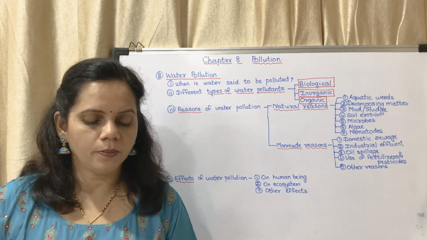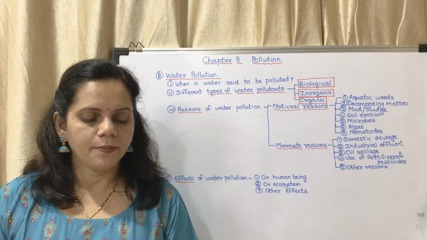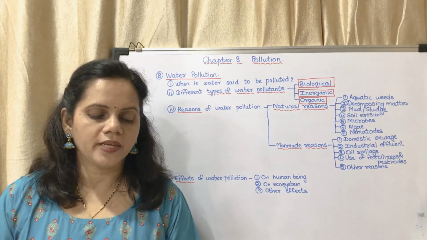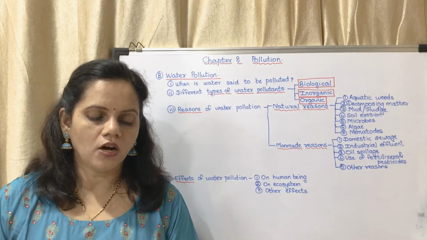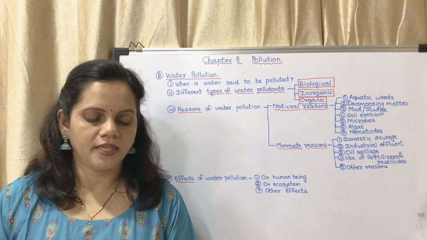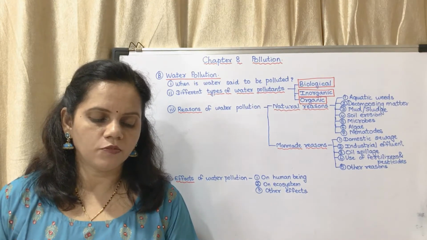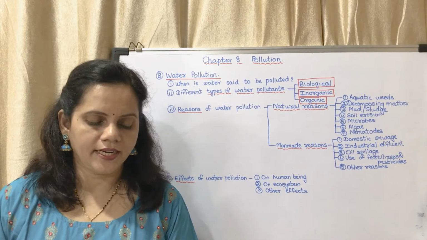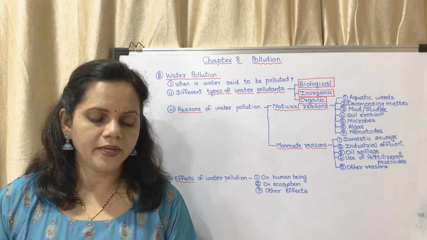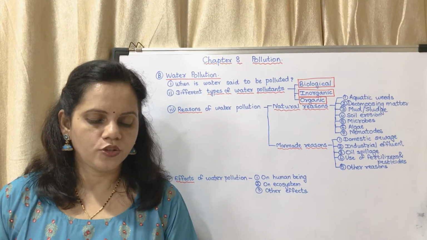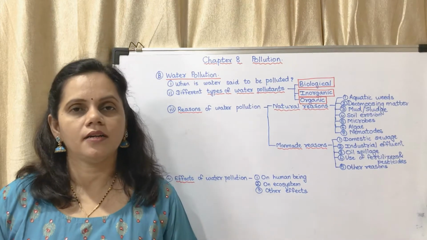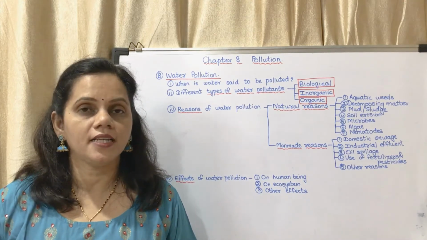Water is said to be polluted when it becomes unclean and poisonous due to mixing of natural or artificial unwanted material, when it becomes harmful to living organisms due to decreased oxygen content, when epidemic diseases are spread through the water. What do you mean by epidemic? Epidemics are diseases which are widely spread.